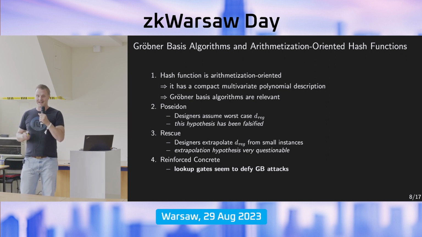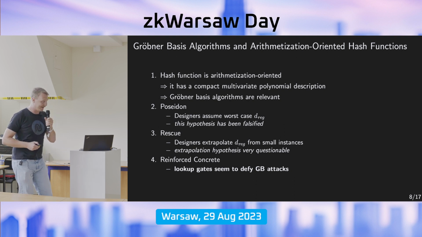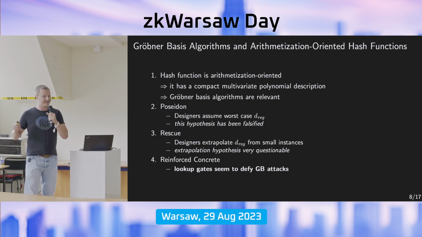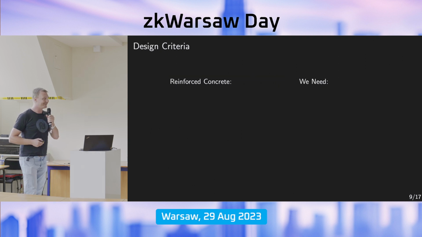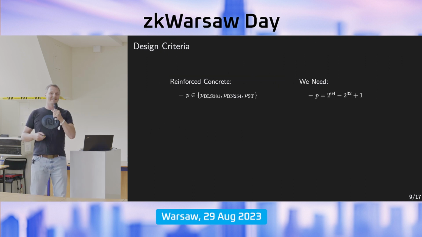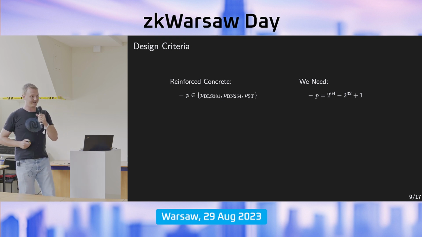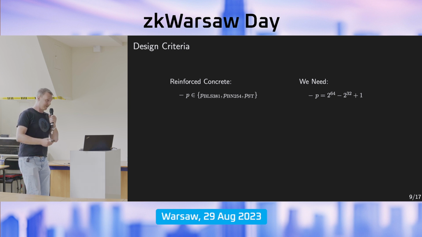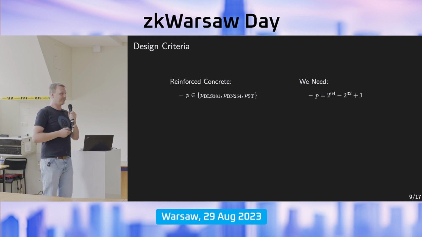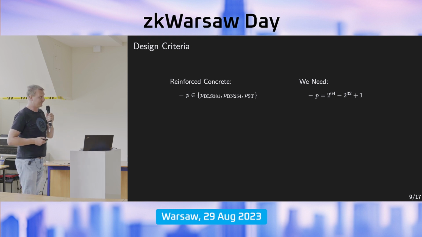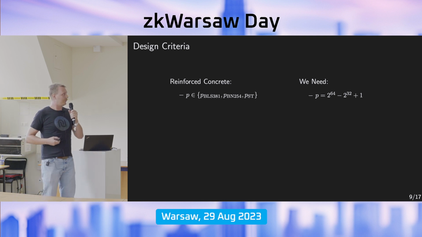So, to summarize the last 5 minutes, lookup gates are actually kind of strong against Grobner basis attacks. So, let's use Reinforced Concrete, right? Well, unfortunately, there are a couple of design parameters that make Reinforced Concrete not the ideal hash function. The prime field over which Reinforced Concrete is defined is not friendly for STARKs, and we really want that prime field. Some people call it the Goldilocks field. We call it Oxfoi